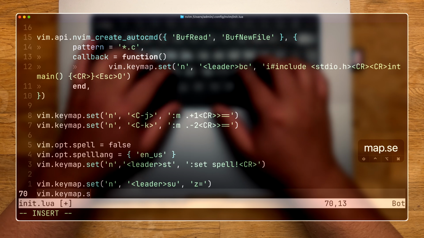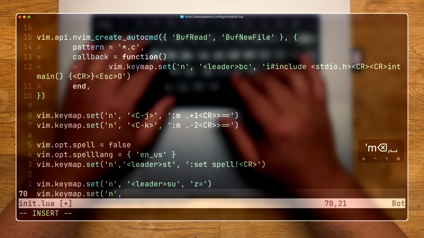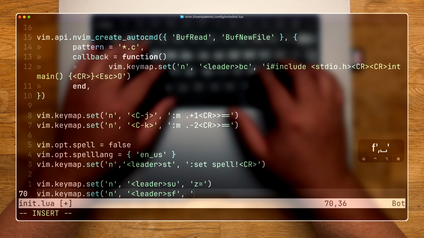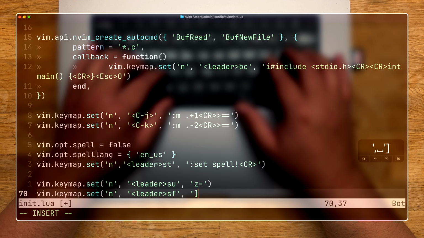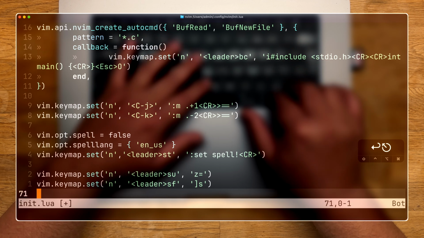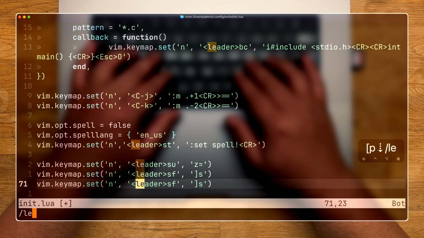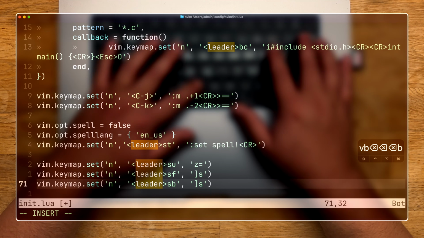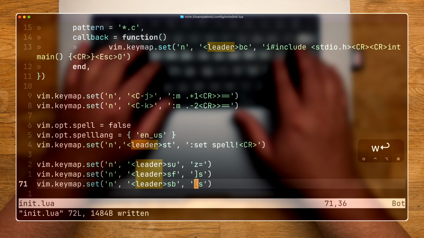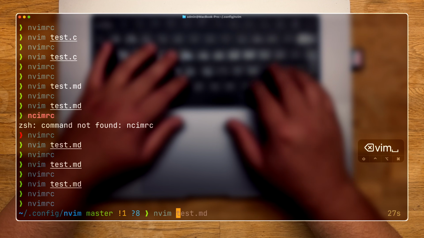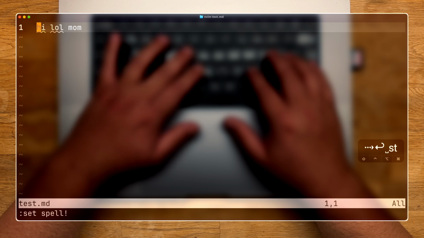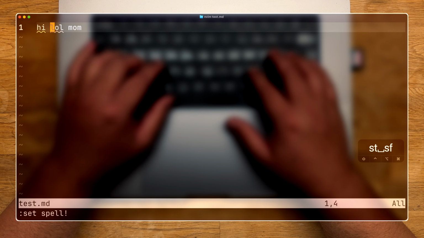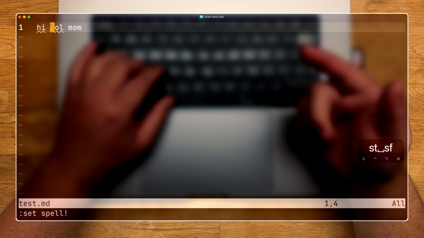Vim key map set. Let's do another one. So what if we wanted to do, let's say, leader SF, and then we're going to do close square bracket S, and then just for good measure, we have another one, and we're going to call it SB, and we're going to do the opposite, right? So now if we go to NvIM test.md, we're going to toggle the spelling. If we do leader SF, it takes us forward